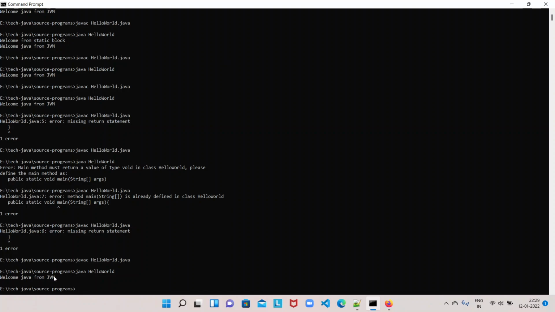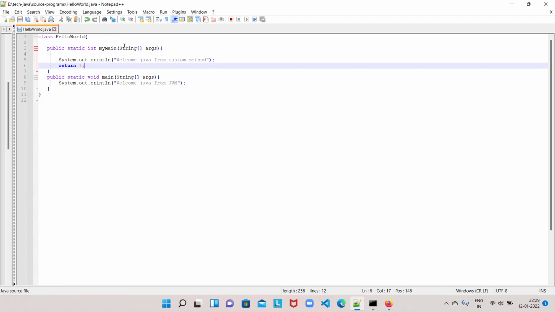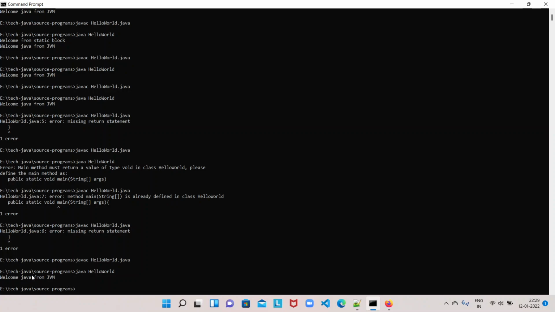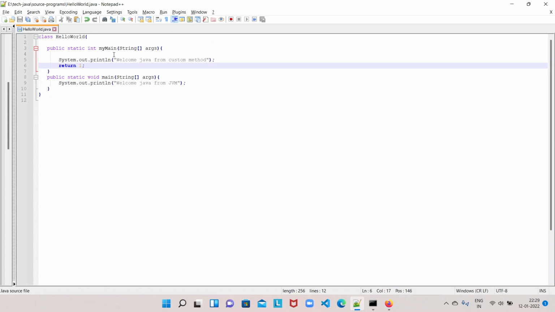But if you see, the statements which we have written in our new main method, which returns the int value, are not coming in the output console. That is because it is not being called by the JVM. The JVM is calling or identifying only this one. As this is your custom method, you have to call it.